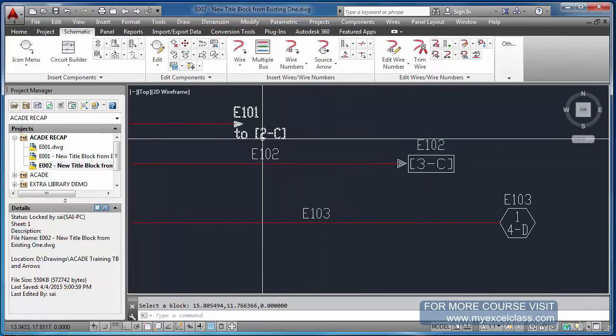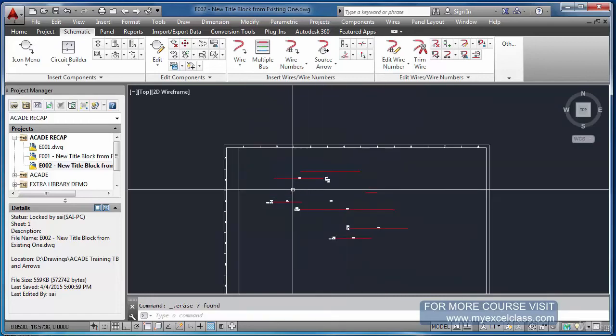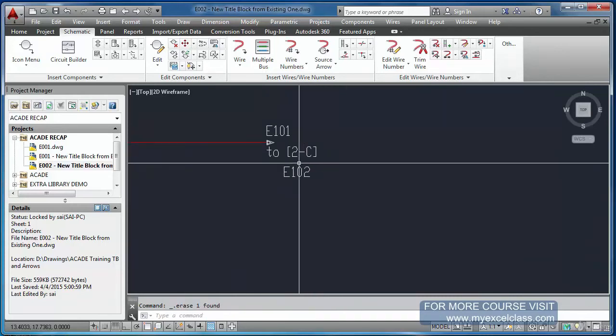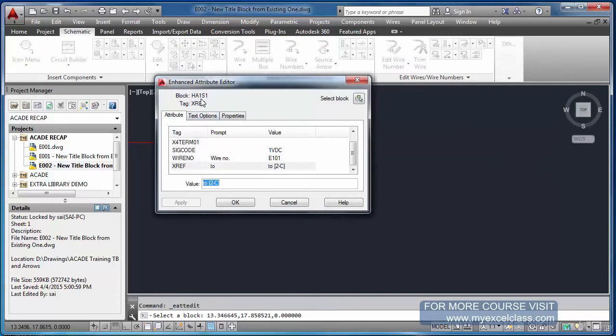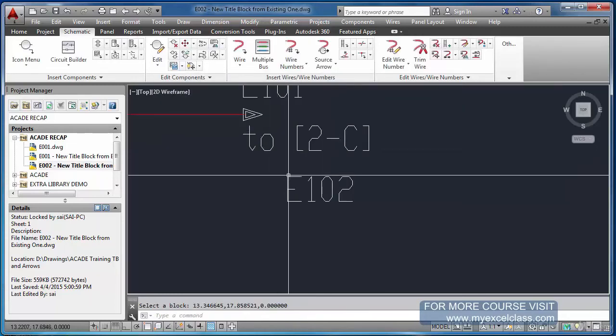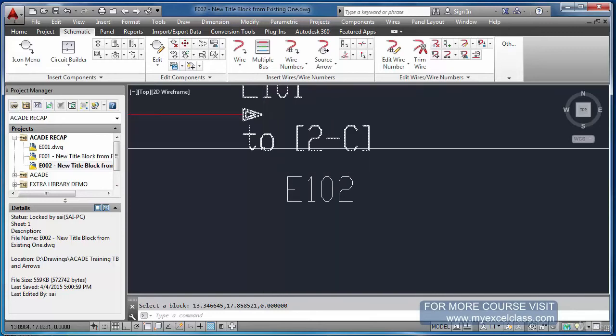For example, let us forget about all other blocks. Concentrate on one. This one. This is HA1S1. You might have noted one thing, this word "to" is coming in small letters, and maybe your customer asks you, no, I don't want just "to", I want "To Destination".